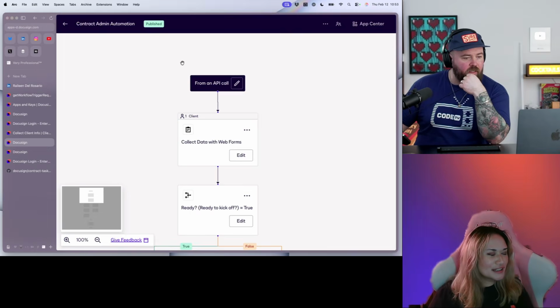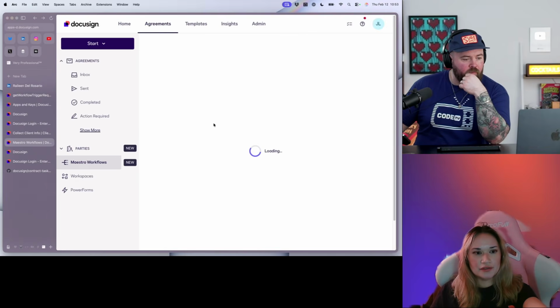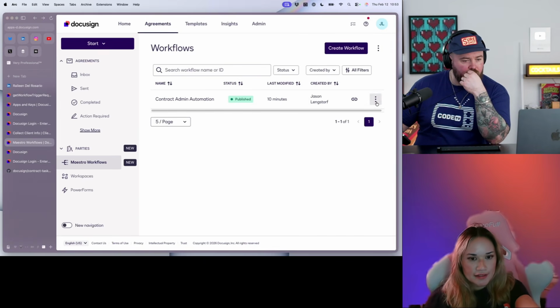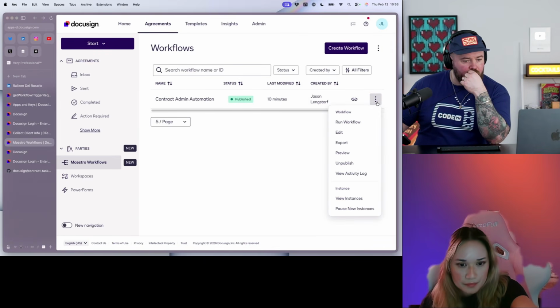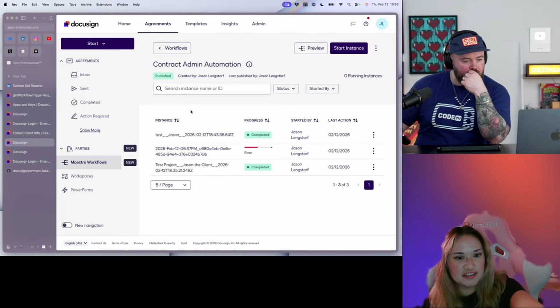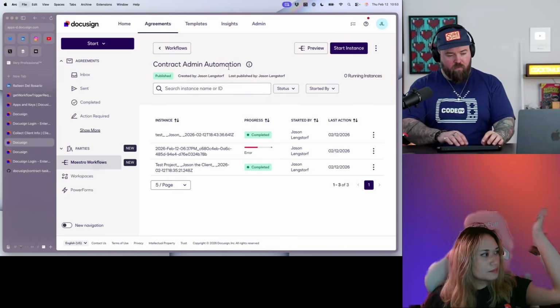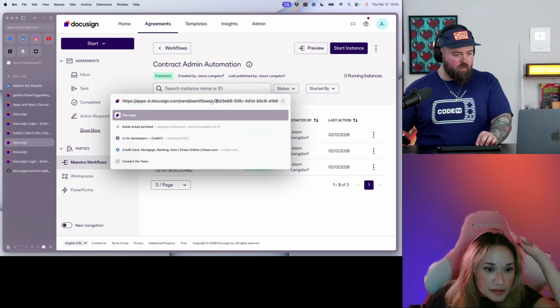Yeah. So here, there are a couple of ways you can do this. You can actually go back to the workflows page, and then let's just go ahead and click on contract admin automation, where we're back to that screen where we see the instances, and you see in the URL of this page, there should be